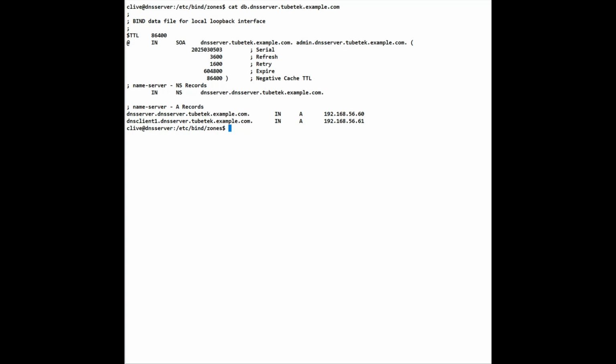The retry is how often a failed refresh attempt should be retried. Expire, how long secondary servers should keep trying before giving up. And the minimum TTL is the default time for negative caching. Now, the rest of the information in this file is self-explanatory and we explained it as we configured the actual file. So for now, we're going to go back to the whiteboard and we'll just summarize what we've completed within